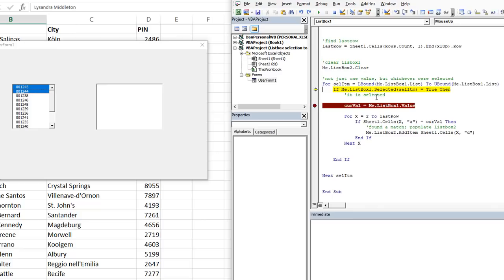It says true if I hover. So I'm going to hit F8 and boom, we're in. That one is selected. The first one and the second one are going to be selected. So rather than saying listbox1.value, which doesn't even exist anymore with the multi-select environment, there's no value. There's multiple values potentially. So what we're going to do is we're going to do